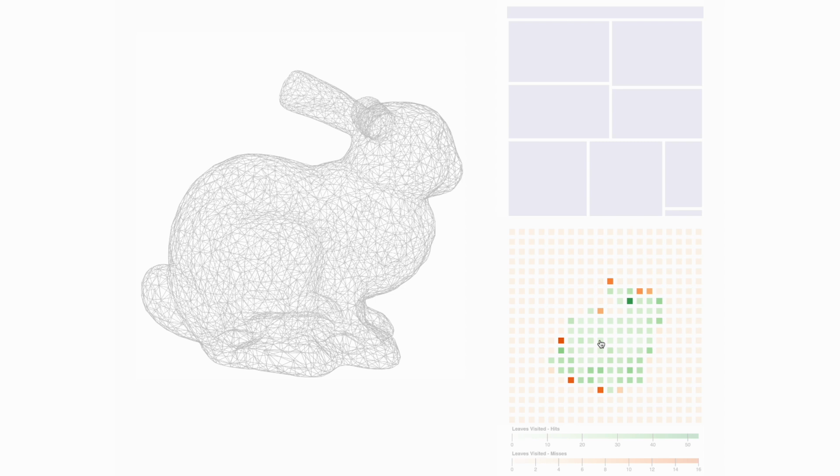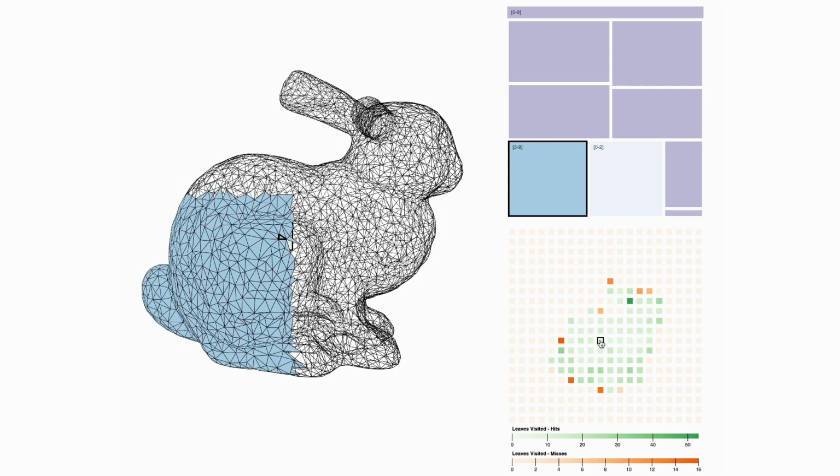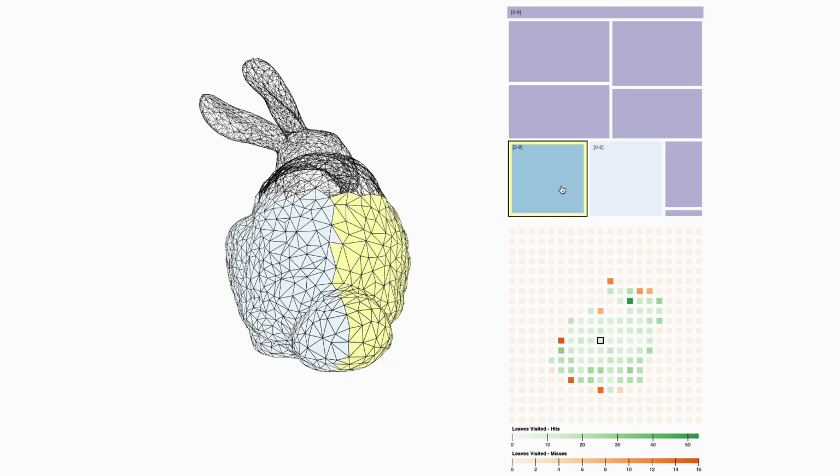Scales showing the amount of work done for each type of query result are shown in the color bars below the pixel grid. With all this information, users know which pixels represent the most expensive queries that need a closer look. Let's view a query now. Clicking on a pixel reveals the query in both the treemap and the viewport. Highlighting and viewport navigation work just like before, but now we can see the nodes involved in the query as